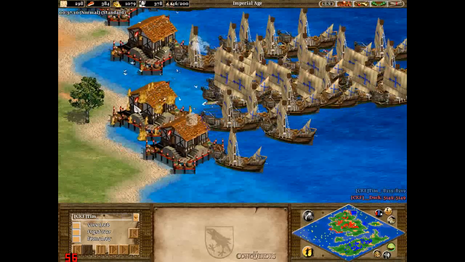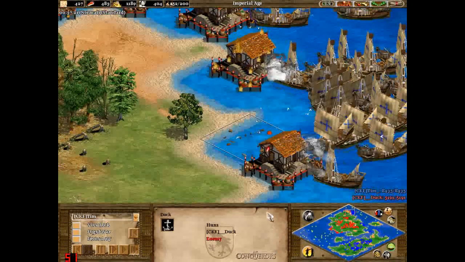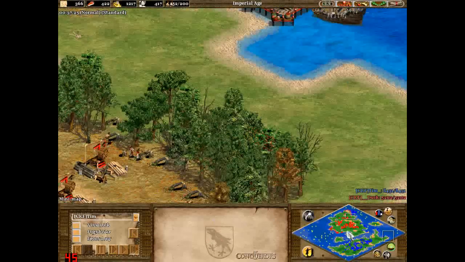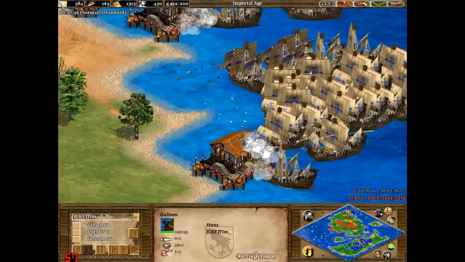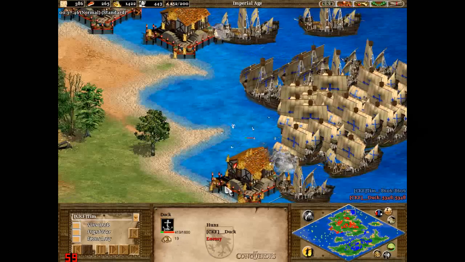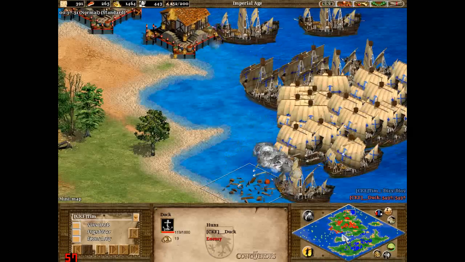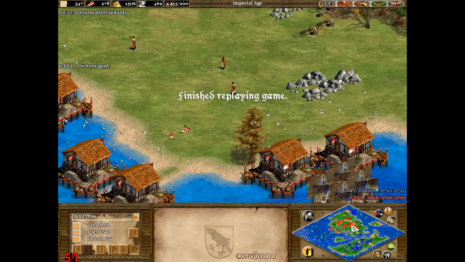It would be quite awesome if one of them did build a transport ship, went over here and had a land army going in as well. That'd be quite awesome, because neither army, apart from their original scout cavalry and a monk here to get some relics, I don't think either side have actually got any land army. So yeah,